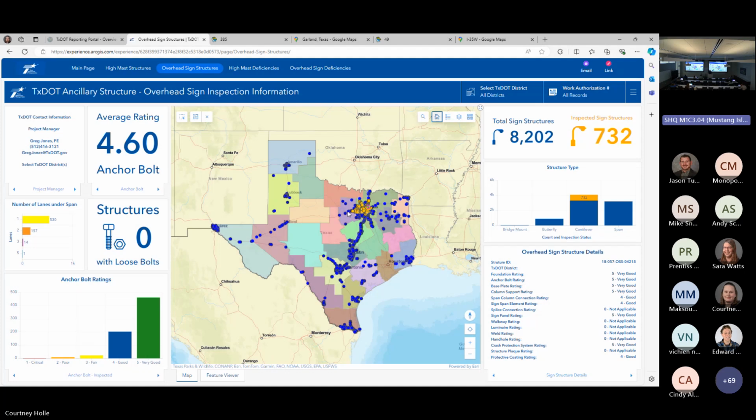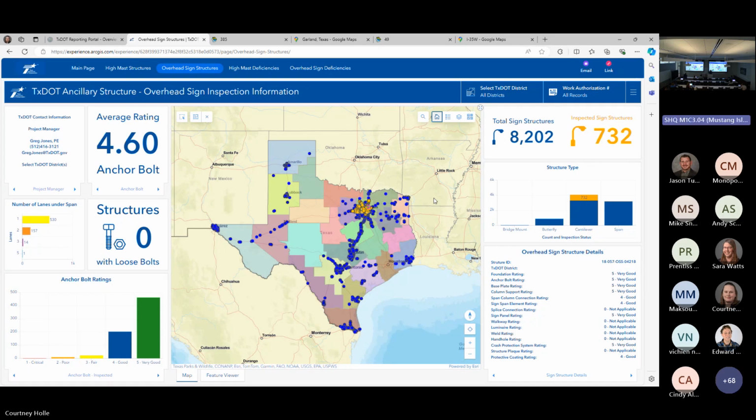I think this will be good for districts to use for maintenance. They can check on the status of which poles need work, and they can also check on design issues. For example, there's an issue with 150-foot high mast poles that do not have ground sleeves. So we could go in here and find those specific poles more easily. So that's about it. Any questions?